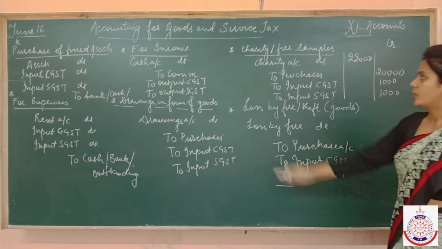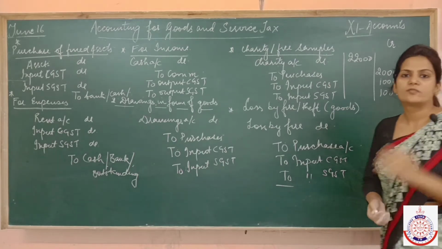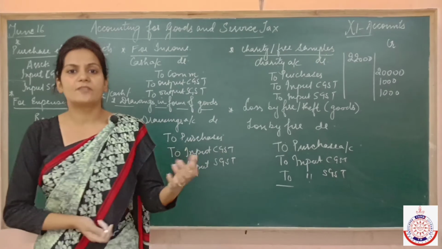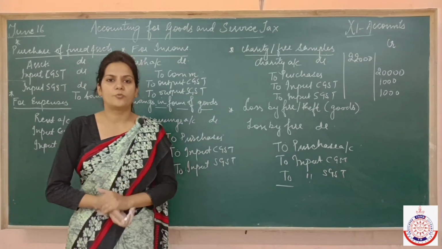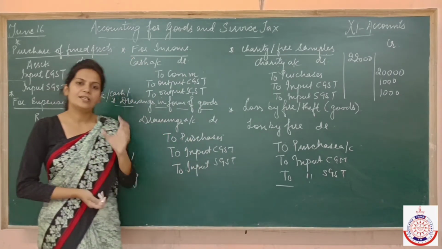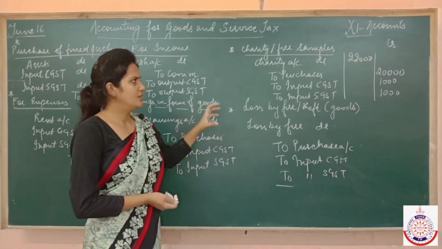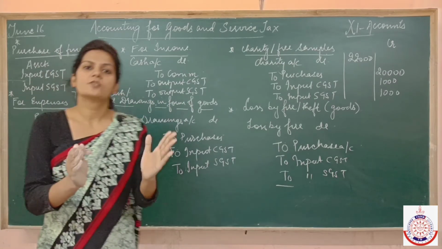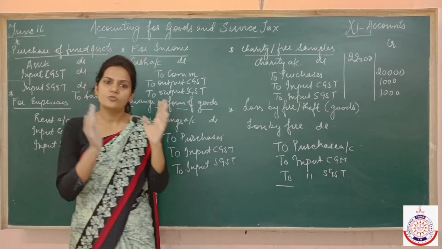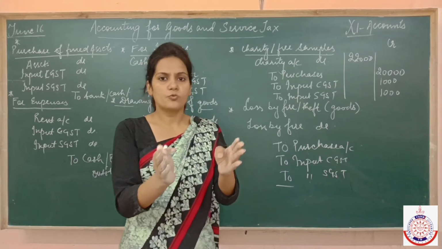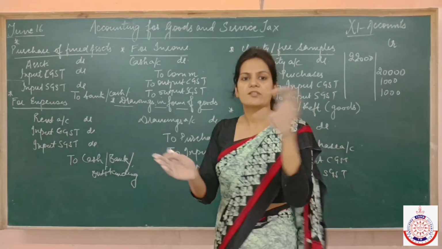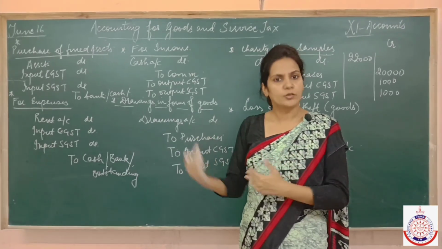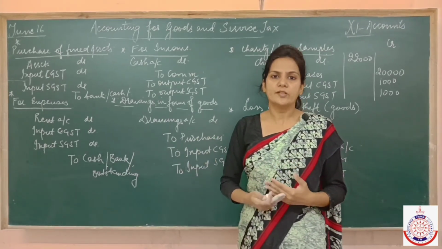This is all about the entries. Now listen students, how questions will come in the paper. See, this chapter is new and very difficult for class 11 to understand because you have just started with accountancy. So CBSE has made it a little easier. CBSE is not very strict about this chapter. It was told to all the schools that you need to make the concepts clear to the students undoubtedly, but the difficult entries will not be picked up. We are going to do the simple part of the questions. Fine.